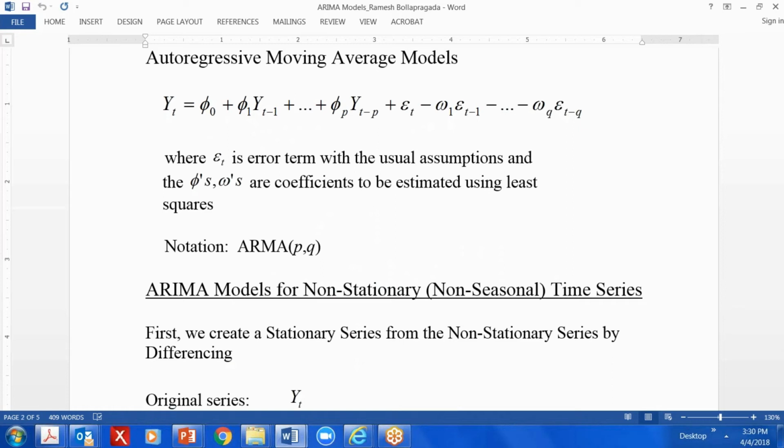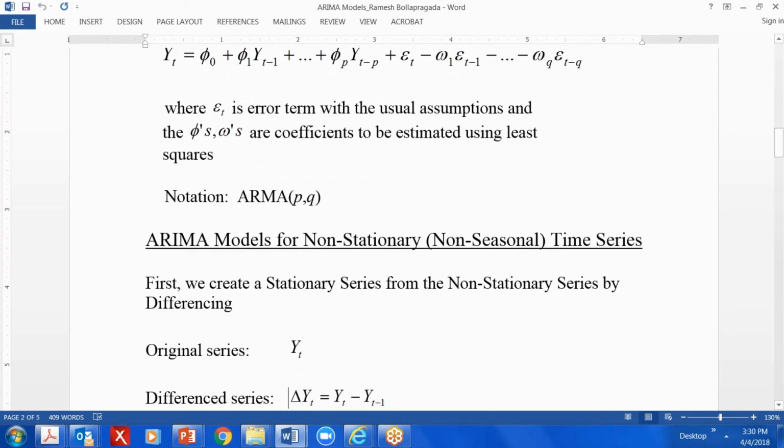ARIMA, which is the auto-regressive moving average model, is where you combine these two. In a way, you're estimating your value of Yt based on the AR model, which is a guesstimate of Y, and then you are estimating the values of the error terms using the MA model, right? So that's why you have the AR and MA combined. So let us move on to ARIMA. Where does ARIMA come in?